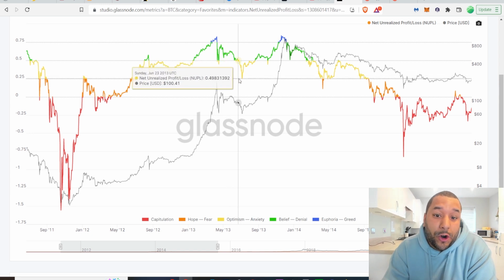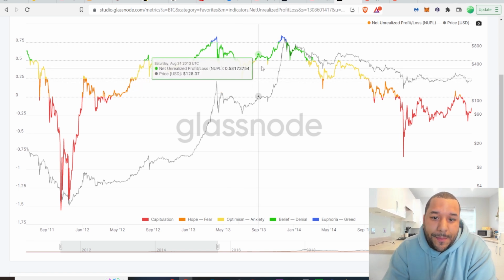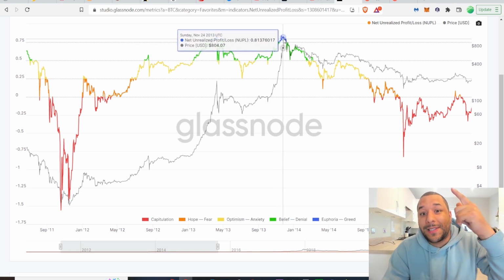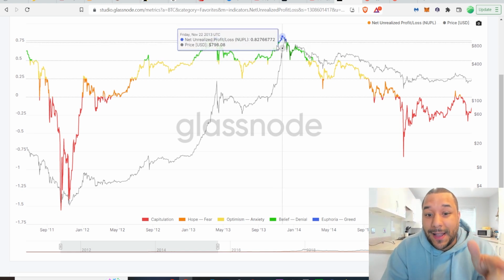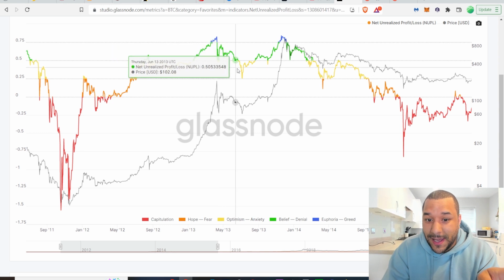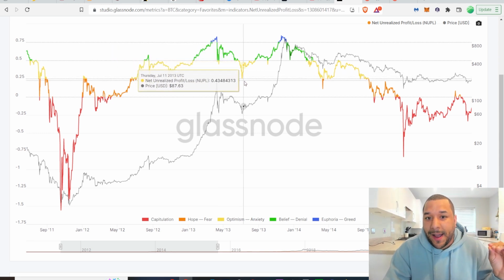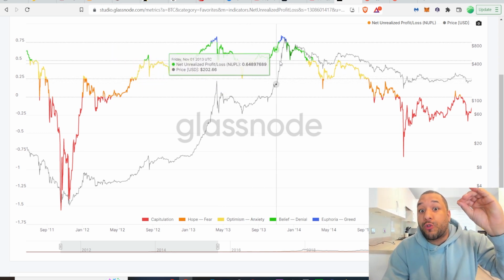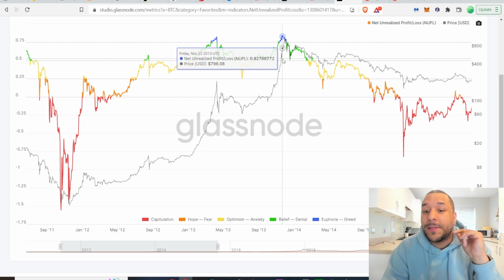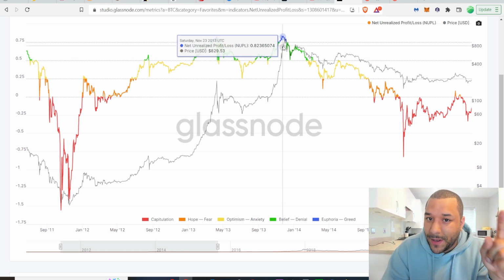We might be seeing orange, and it might start to come back above and give us a second top. If it does something similar to this, and we're seeing orange now and it starts to revert back up and goes yellow, green, we might very well see a blue. And I tell you now, if we see a blue,